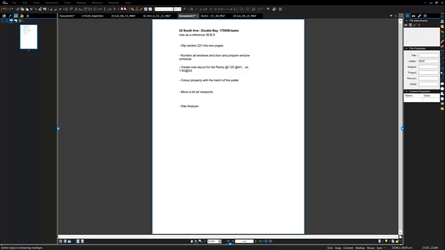Hello. Okay, so the task is for this project, 25 South Avenue, Double Bay, and I'm also going to provide another file, which is 36 Bishop Street. For two files, I have